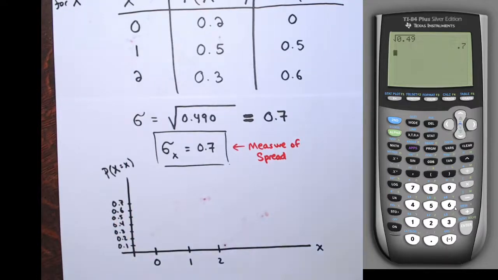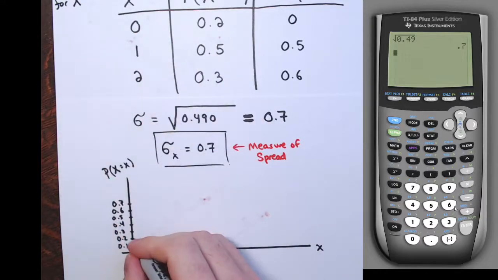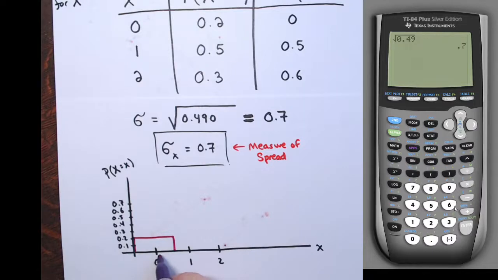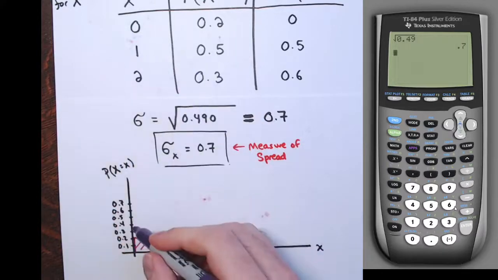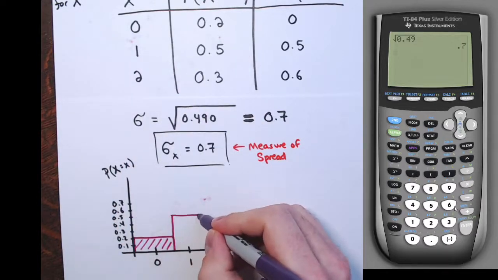I might as well just label them all, 0.5, 0.6, and then we can make a little histogram. You can make a histogram for a probability density function, just having these values in the middle of a bar. The height is the probability. The height of the first bar, the probability that x equals 0, is 0.2. So 0.2, and again I just set it up so that 0 is in the middle of the bar. And then the probability that x equals 1 is 0.5. I just set up this bar here so that